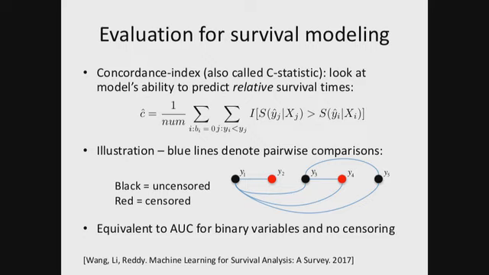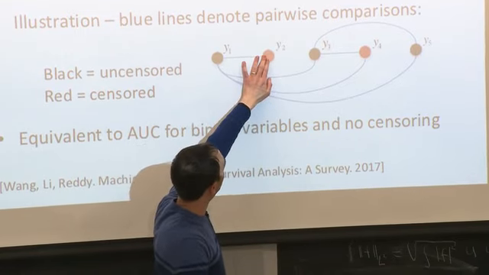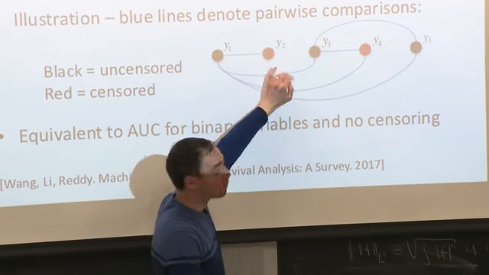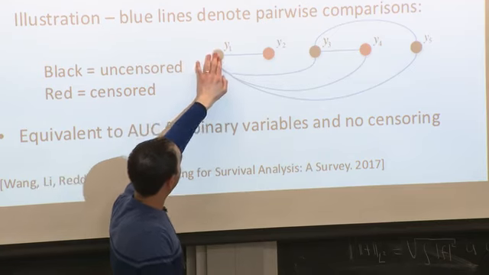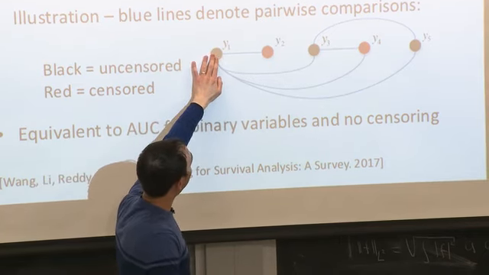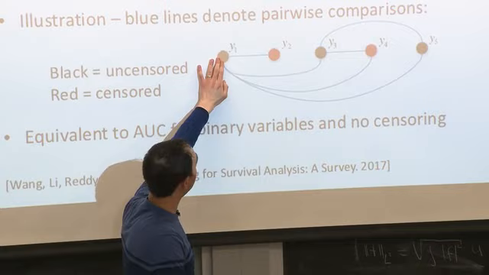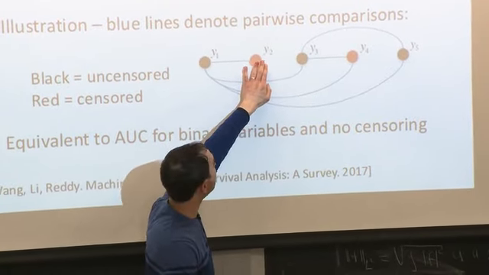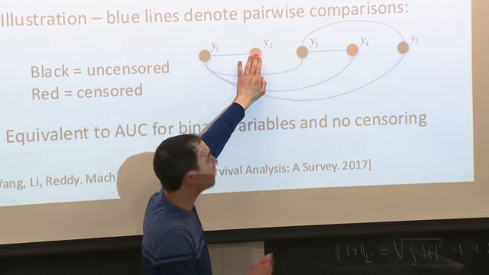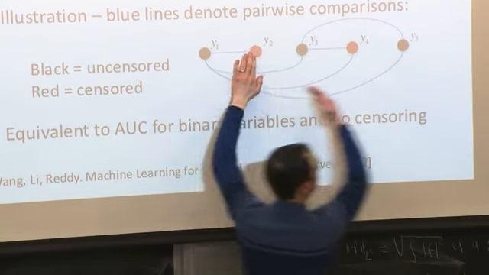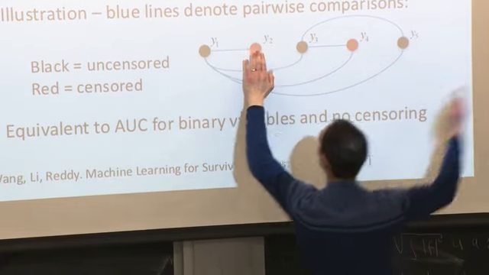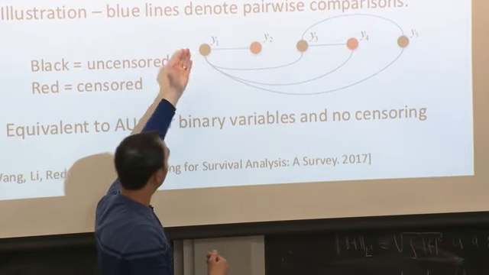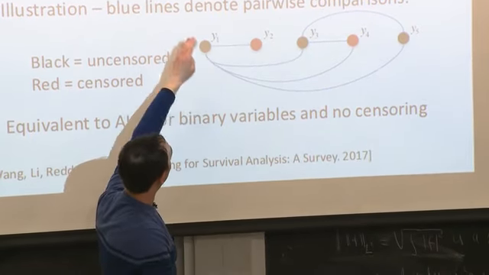So by black, I'm illustrating uncensored data points, and by red, I'm denoting censored data points. Here we see that for this data point, the event happened before this other data point's censoring event. Since this data point was censored, you can think of its true event time as sometime into the far future. So what we'd want is that the model